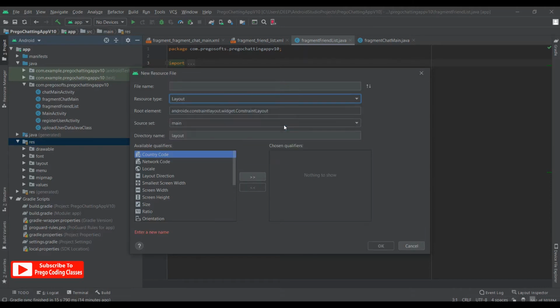We'll call this layout, and under the layout we'll need a card view, so we'll select card view. We'll name this card view friend list card view. Is it okay?